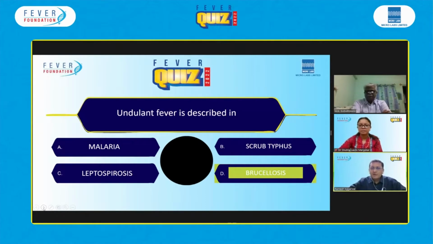The point here of repeatedly highlighting brucellosis in this quiz is that it is now not a very uncommon disease. So we must be able to diagnose this disease, and first of all, we should be able to suspect this disease. It is an infectious disease caused by a Brucella species, and the organism is an aerobic intracellular coccobacilli. As I already told you, it is also known by the name of Gibraltar fever, Crimean fever, goat fever, and